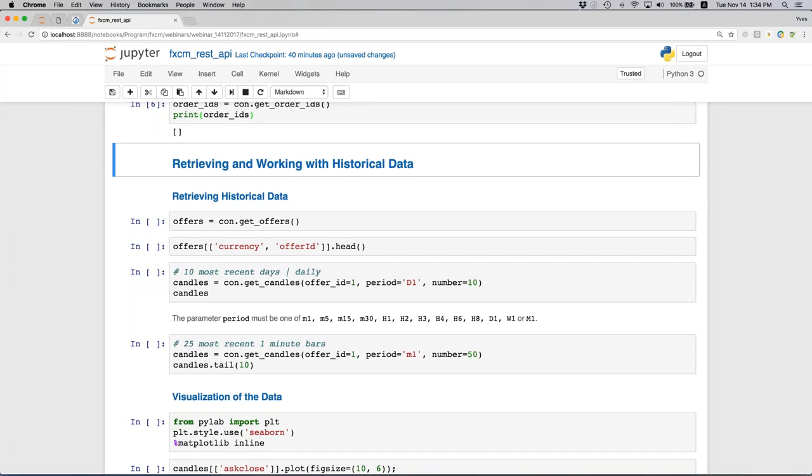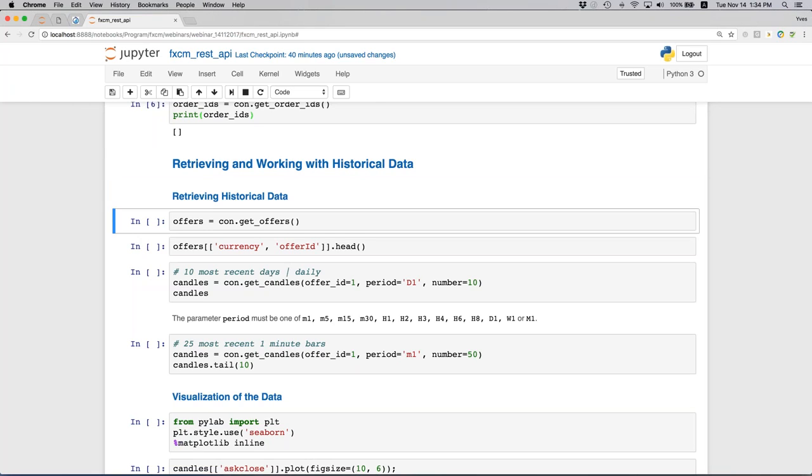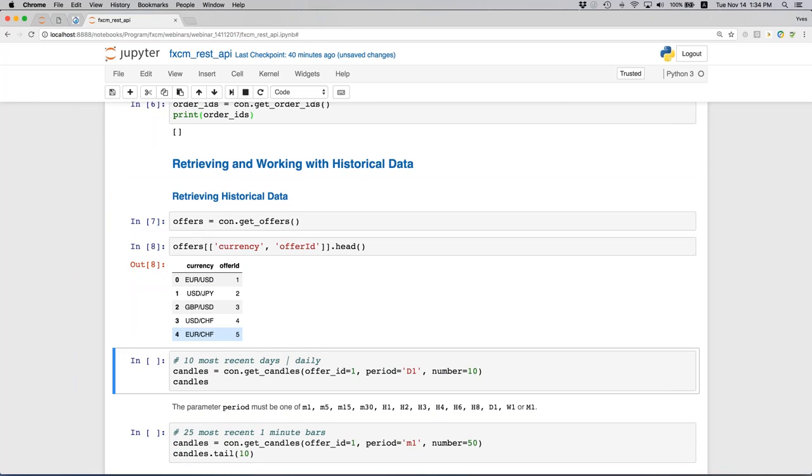So the focus here is on retrieving. I won't do that much work with it apart from visualization. First, what we need here is the offer ID. This might be something that changes. Some things that I might show here might be changed in the version that we are going to publish later on, or that FXCM decides to publish. So still some development is done, but I think that the basic infrastructure, the backbone and everything around it is there. Having said that, I use the offer ID here, define the period, 1 day and number